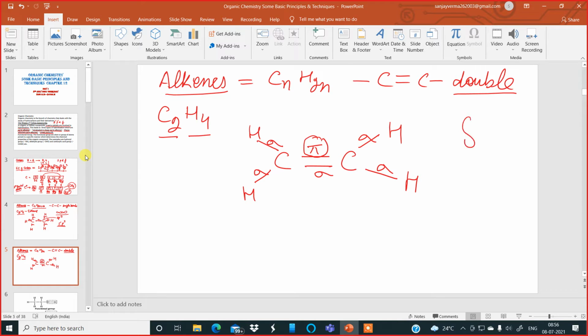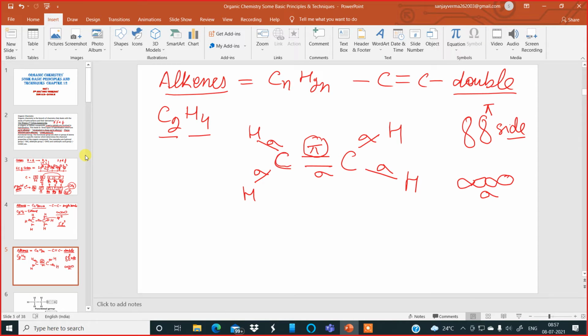If the orbitals are overlapping this way, it is called sideways overlap. And the orbitals overlapping head-on will result in the formation of a sigma bond. Sideways overlap will result in the formation of a pi bond. So, the pi bonds are not taken into consideration while estimating the hybridization of the central carbon atom. We count in this case only the sigma bonds.